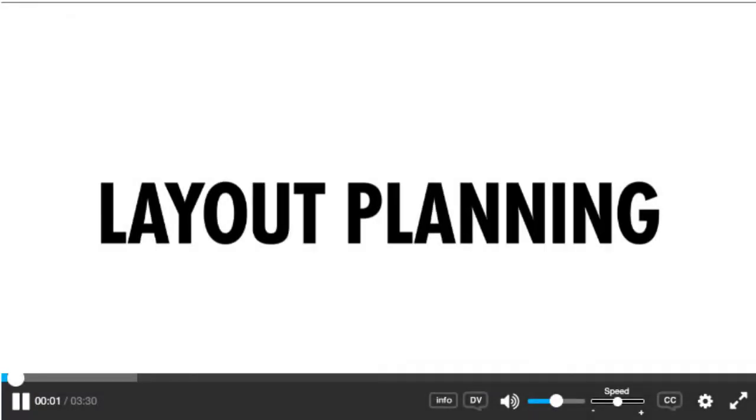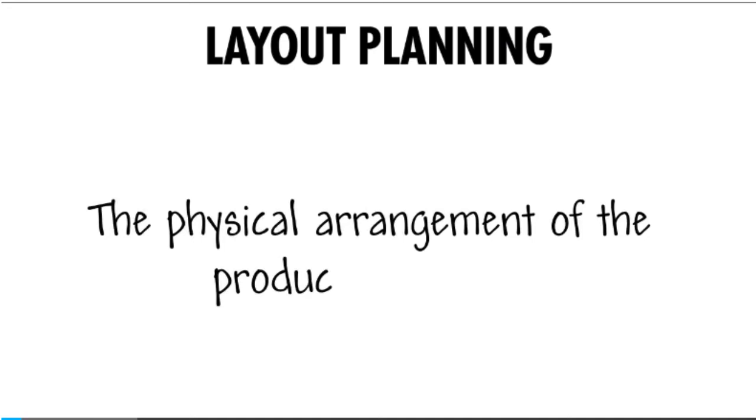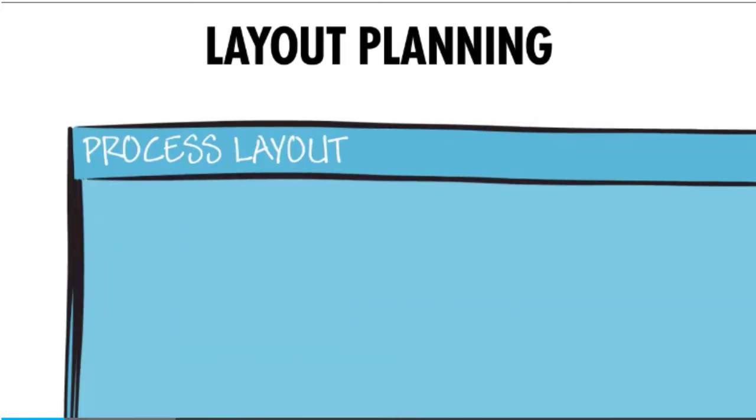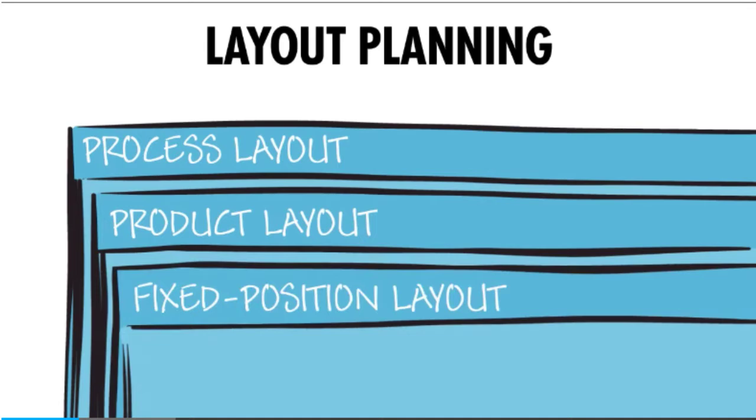Layout planning. Layout planning refers to the physical arrangement of the production facility. Companies producing both goods and services must consider the appropriate layout for their production facility. The three most common options for the physical layout are process layouts, product layouts, or fixed position layouts. The most appropriate layout will depend upon the good or service being delivered, as well as the company's goals and